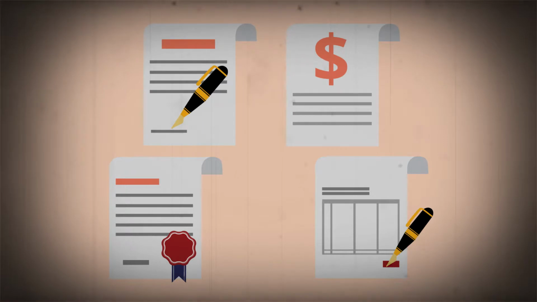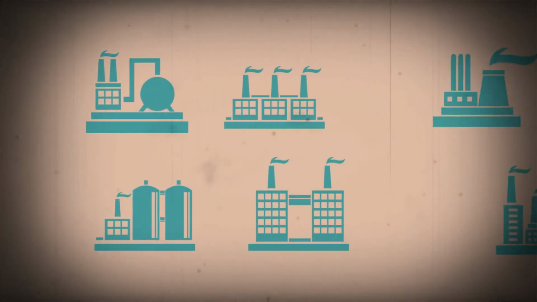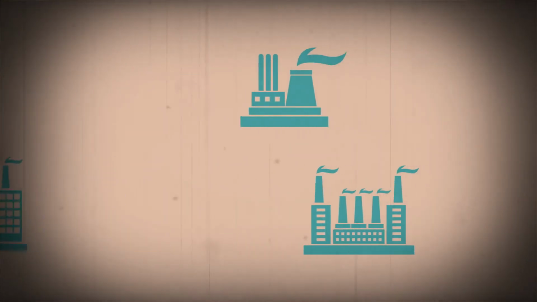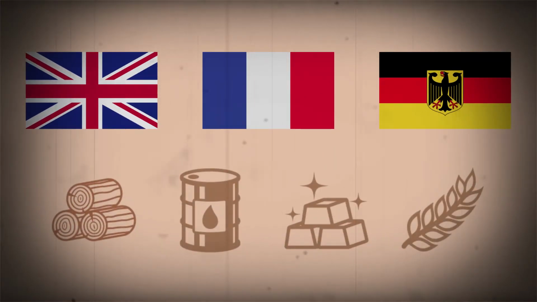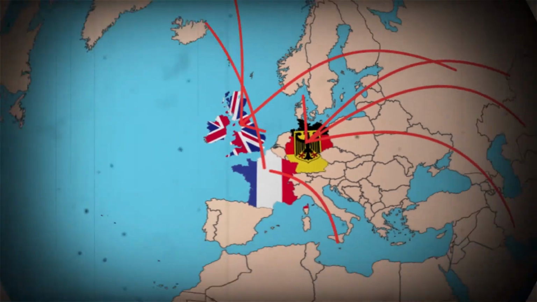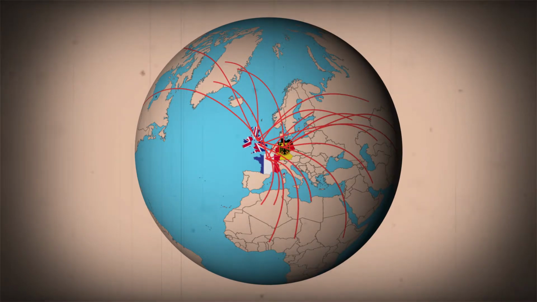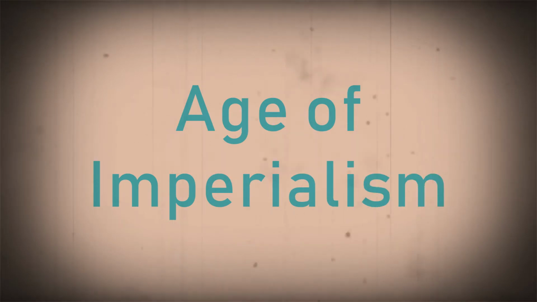When nations create policies to extend their power throughout the world in order to achieve some sort of benefit, this is called imperialism. Imperialism has taken many different forms throughout history. After the Industrial Revolution, European powers like Great Britain, France, and Germany needed raw materials to create new products. This led them to compete with each other for territory in other continents, ignoring the needs of the native people who already lived there. This era was called the Age of Imperialism, and its impacts still reverberate throughout many African